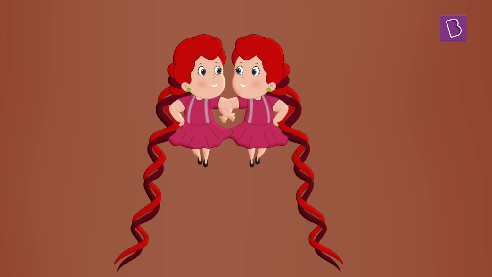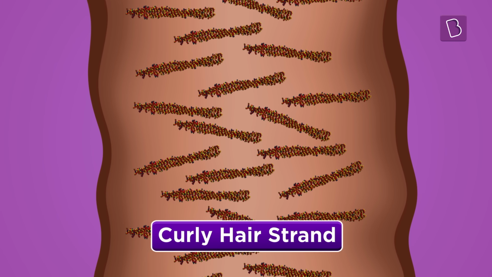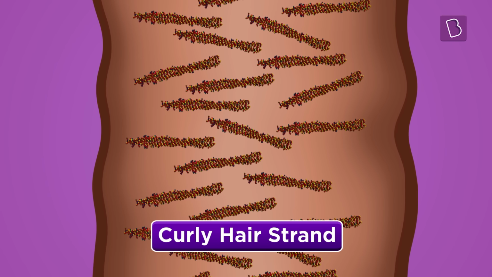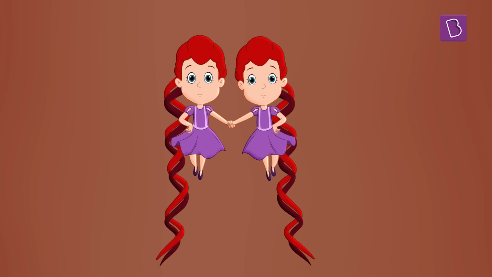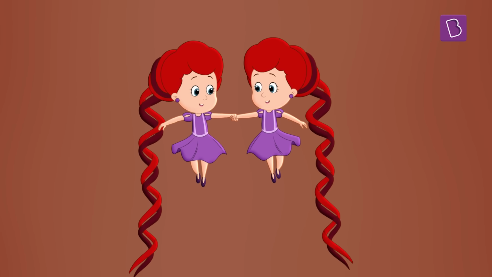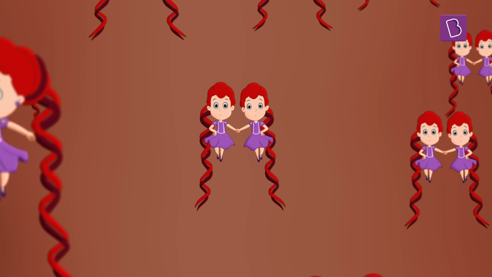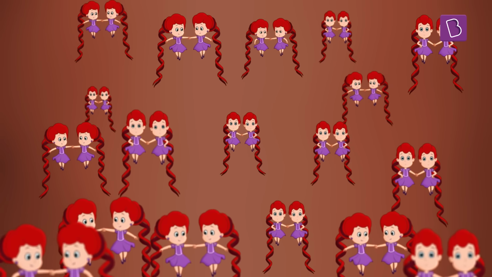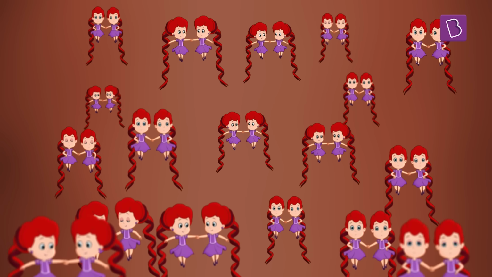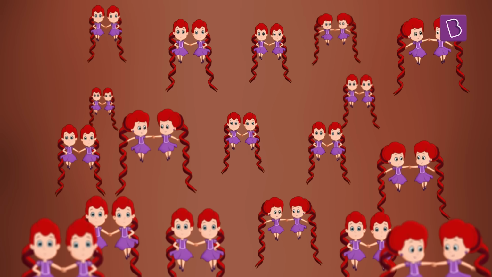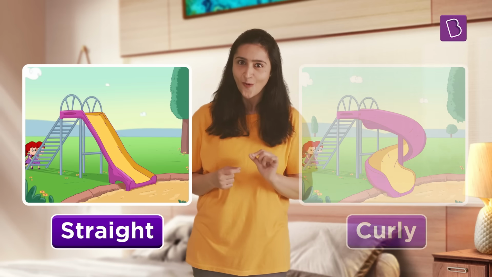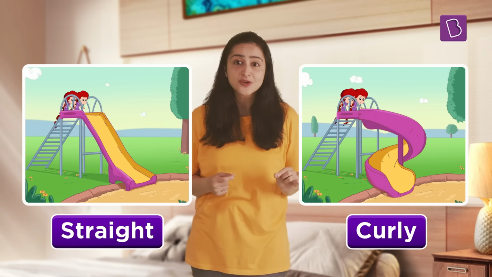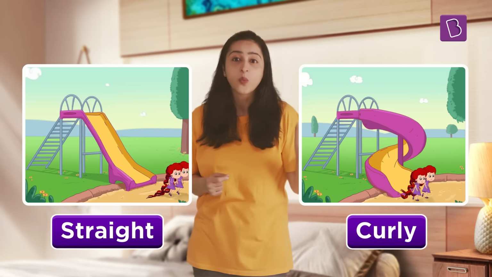Inside the hair shaft, multiple bonds hold these proteins together. Now, some of these bonds are really strong, while some are weak. It is quite similar to two people holding hands. Here, instead of two, there are many of these, and they maintain the shape of the hair. Since these bonds make sure that the hair stays in its original shape, whether straight or curly, if we were to change the shape of the hair, we would have to break these bonds.